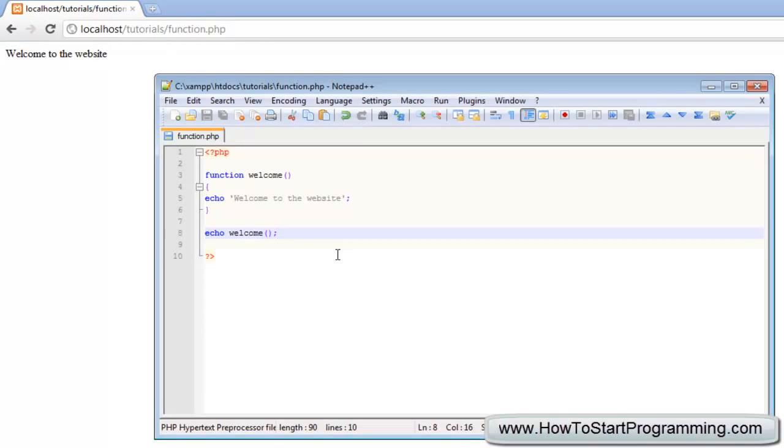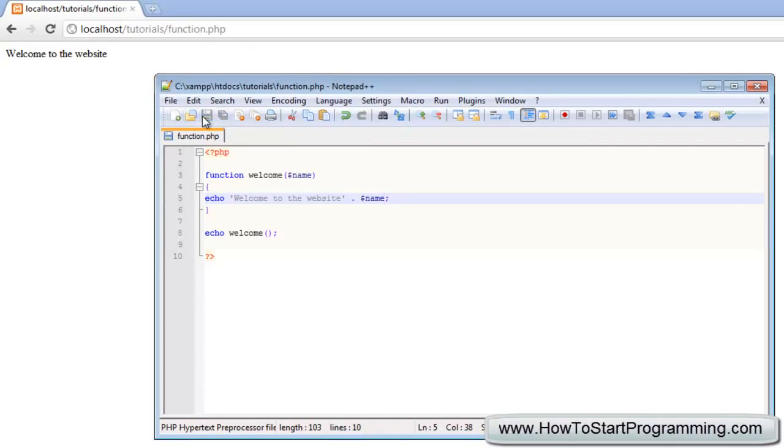So what we can do now is we can start adding parameters in here, and parameters are things that can be kind of edited when you call a function. So we can actually declare variables inside of this function when we create it. So I'm just going to create a variable called name, and what that will do is when this function is created, it's going to create a variable called name, and right now this variable has no value at all. So if we go into here and say welcome to the website and then concatenate name,